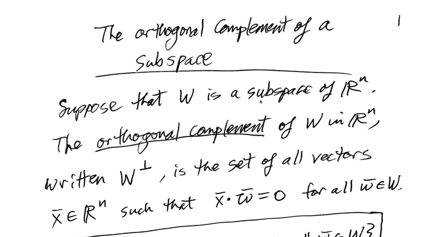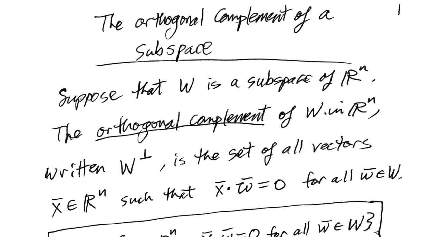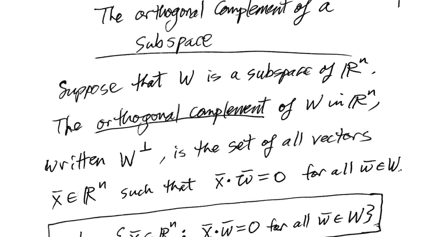Okay, in this video I want to discuss the orthogonal complement of a subspace. Suppose that W is a subspace of R to the n. The orthogonal complement of W in R to the n, written this way, W with a superscript of this little perpendicular sign, which is like an upside down T. Remember that symbol from geometry? That means perpendicular. That's the Latin. In Greek, what is perpendicular? Orthogonal. Anyways, so the orthogonal complement of W in R to the n, written this way, is the set